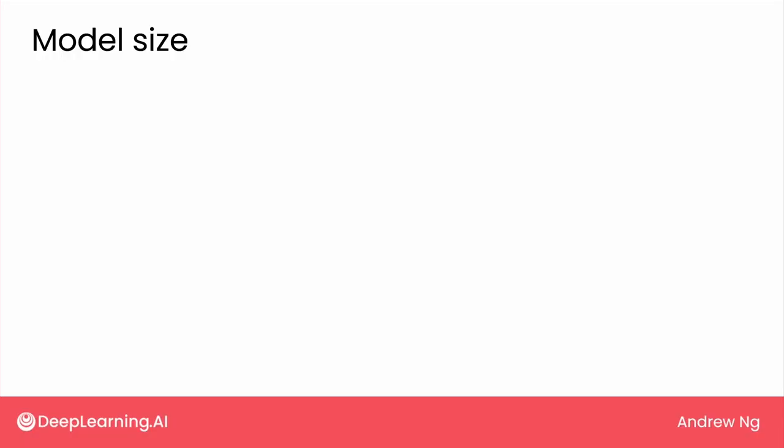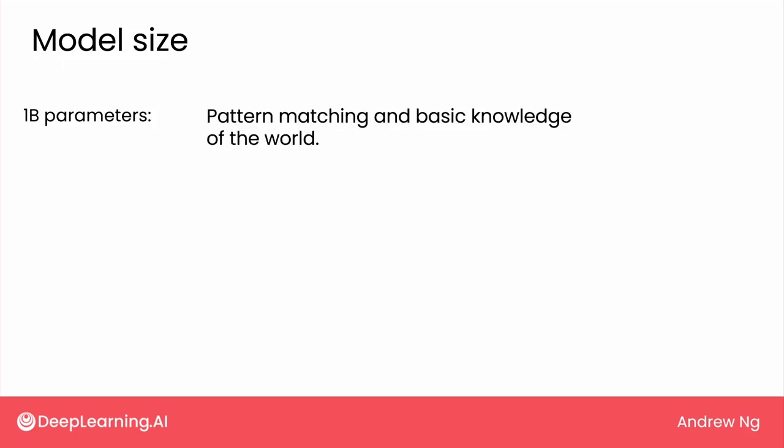One way to estimate how capable an LLM is is to look at the model size. Loosely, if we look at models that are, say, in the 1 billion parameter range, we'll find that they're often good at pattern matching and will have some basic knowledge of the world. So if what you want is to classify restaurant reviews for sentiment, I think a 1 billion parameter model would probably be able to do just fine in terms of that type of pattern matching with basic knowledge about food